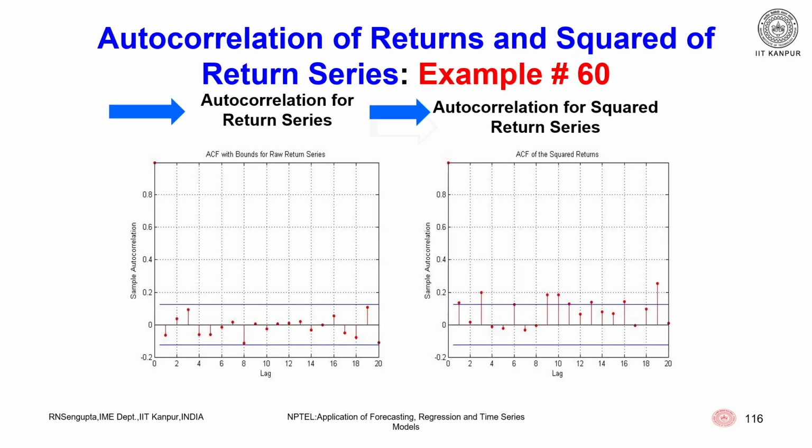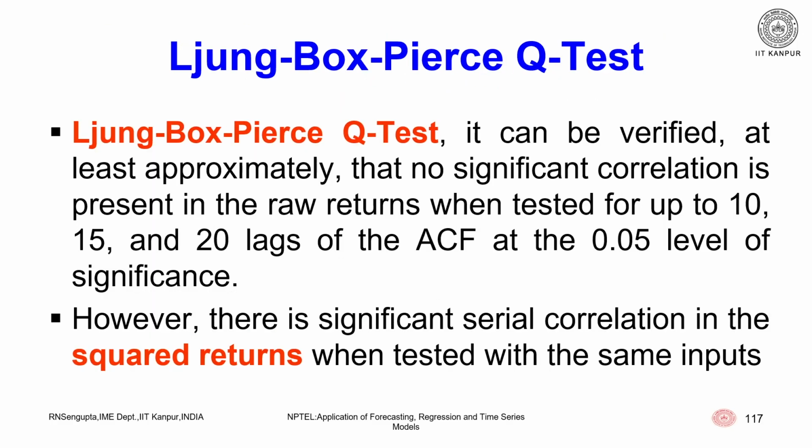If I compute the autocorrelation function for the raw returns and the autocorrelation function for the squared returns, that will give us a good idea about where the squared returns are and how robust they would be, in order to find out the autocorrelation concepts and autoregression parameters, and what relationship is present and to what degree. So, one good test is this